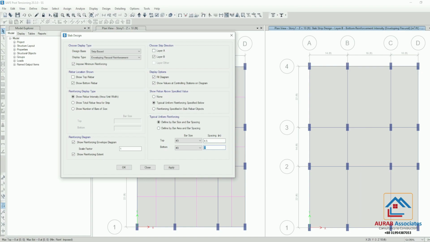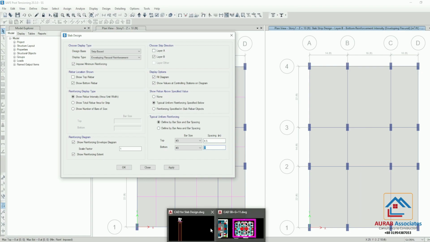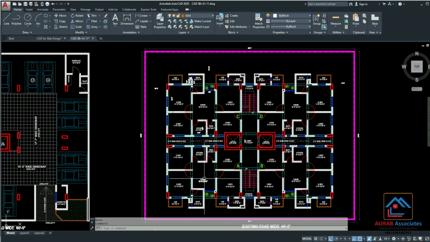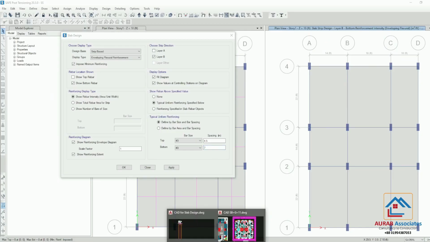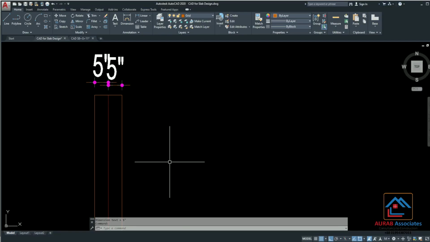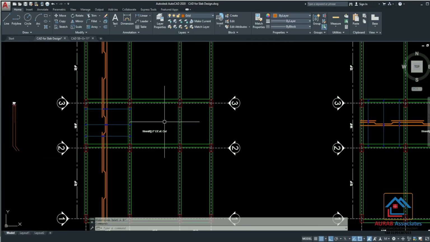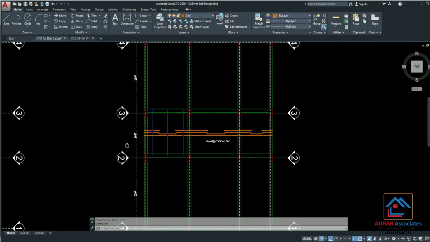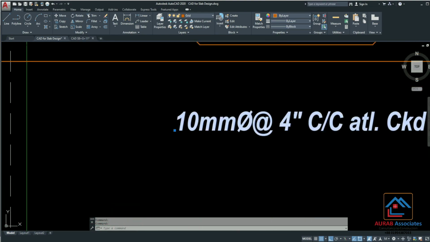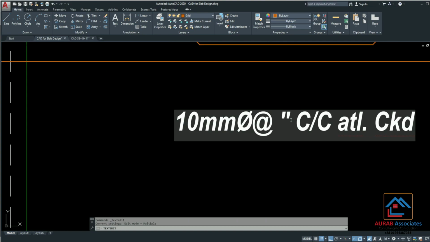If we go for 3.5 inch center to center spacing, what will happen? Here, suppose I am writing 3.5 inch center to center spacing.